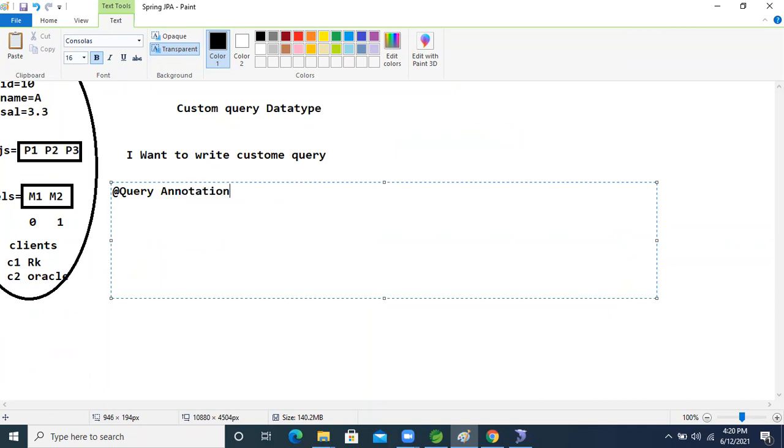Using this annotation, what can we do? This annotation supports both select and non-select queries. Non-select queries are like update and delete.